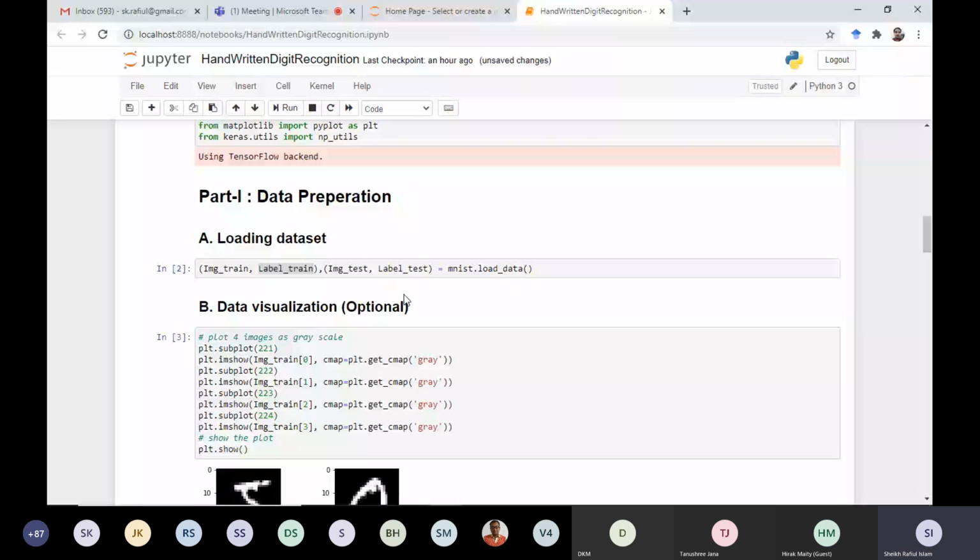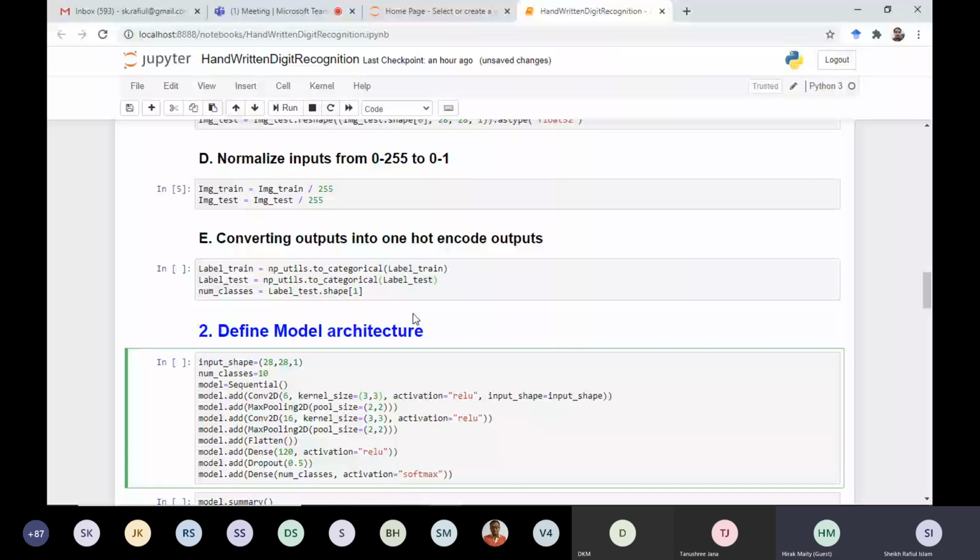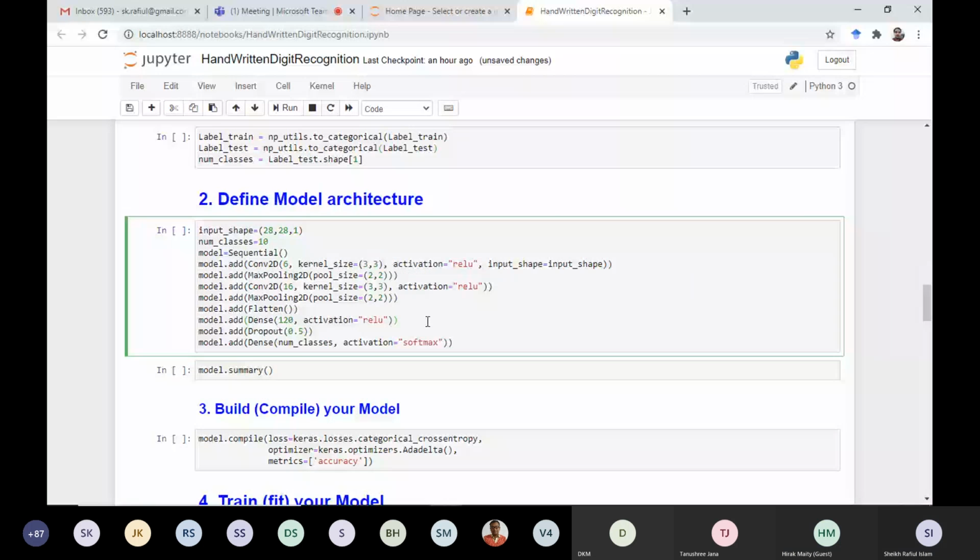I think there is no more doubt. Okay. Even you can make it 20 only, instead of 120. The only thing you need to be careful about there is the input shape.